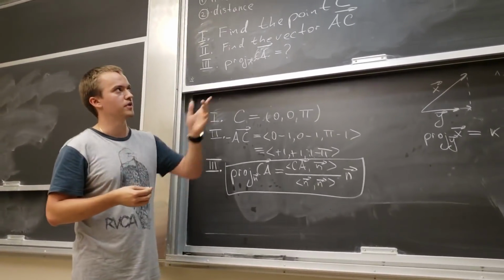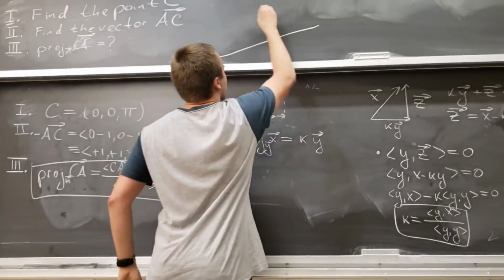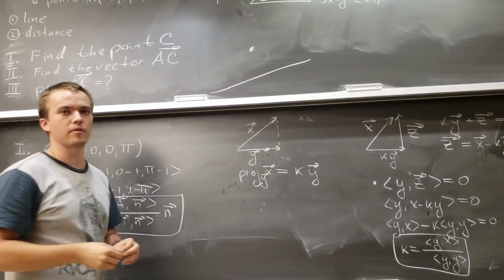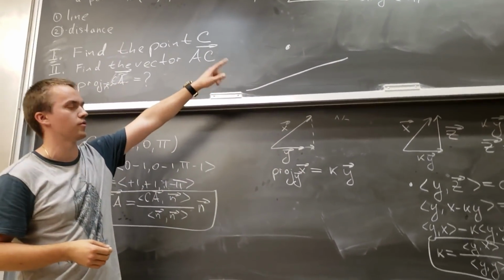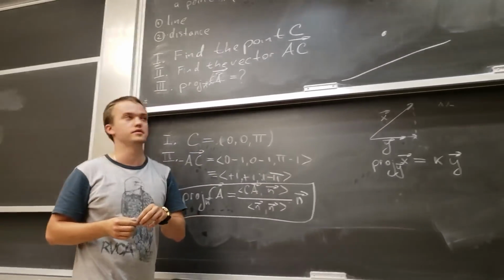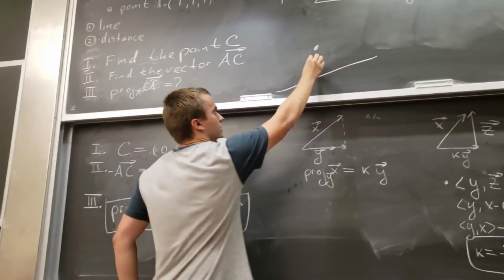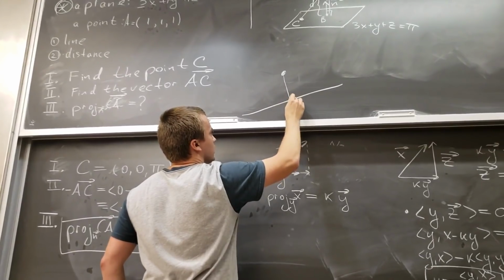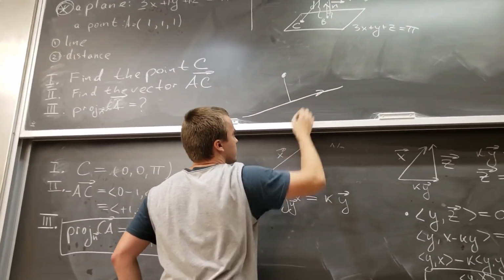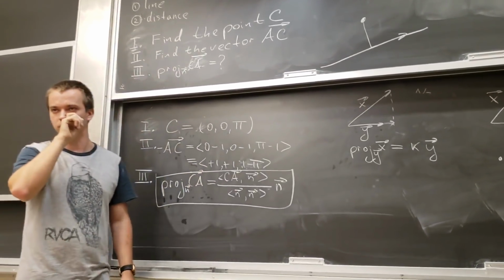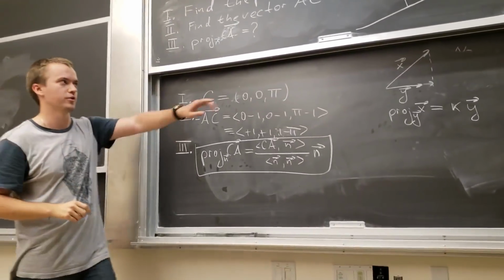You can replace this problem with a line and a point, and then ask how we can use the same approach to find the distance from the point to the line. The idea is basically similar, but here I'm going to use not the normal vector but the directional vector, and there is one small trick in how we should approach this problem, but this is going to be a whole